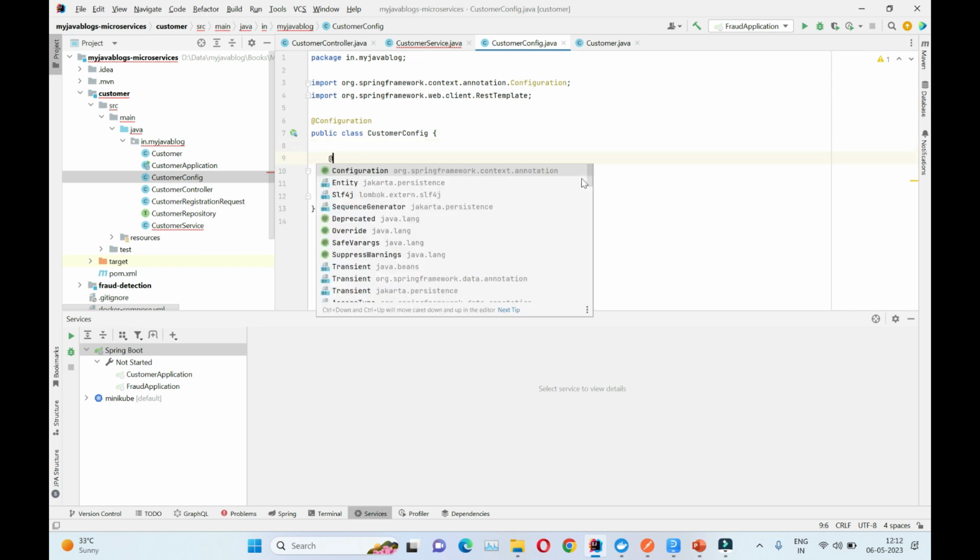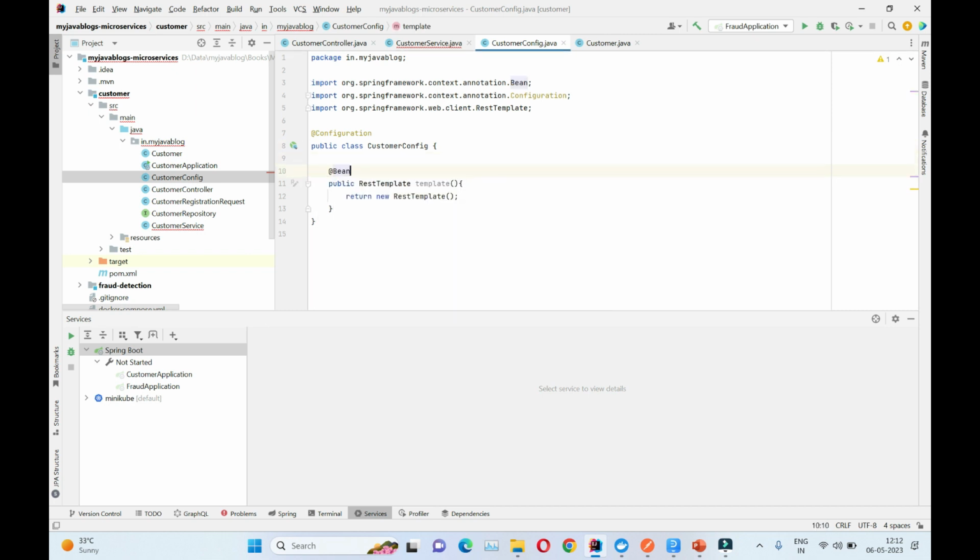So we need to annotate this method with @bean. So this will inject a bean when our application starts. This REST template bean will be created, and we can use that bean in our project,